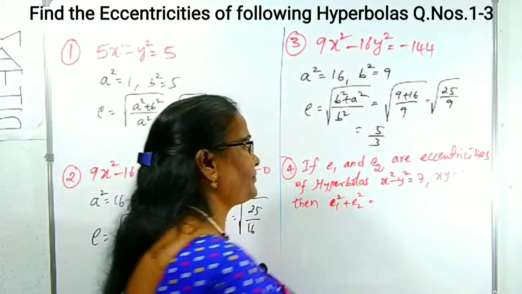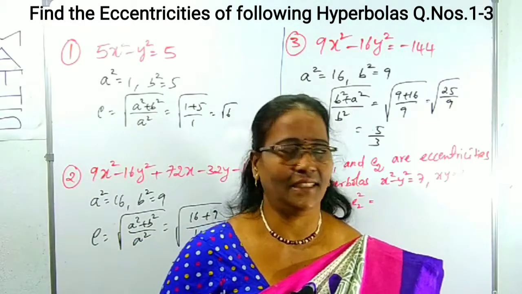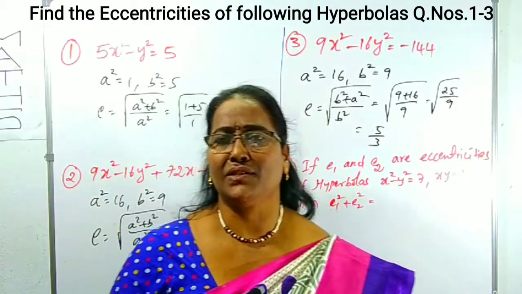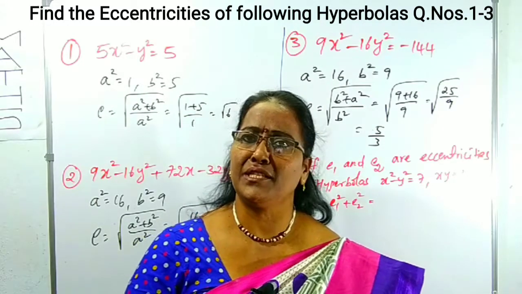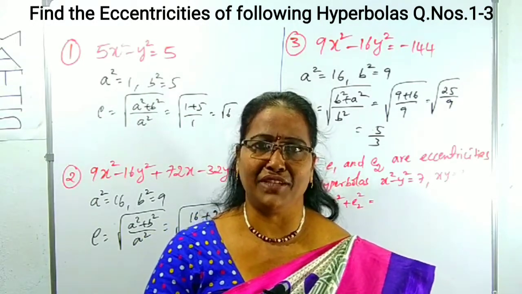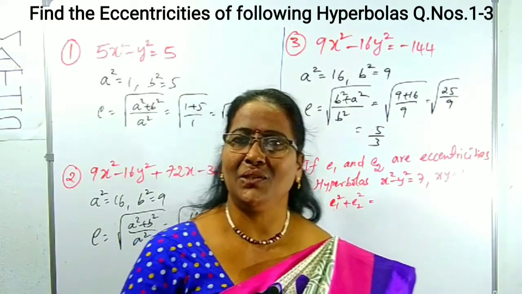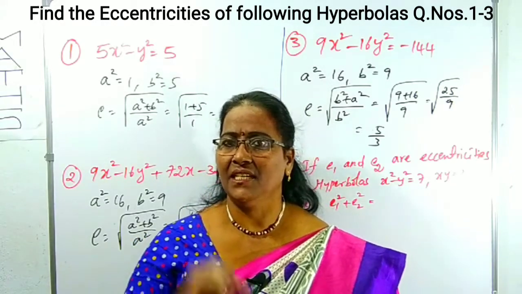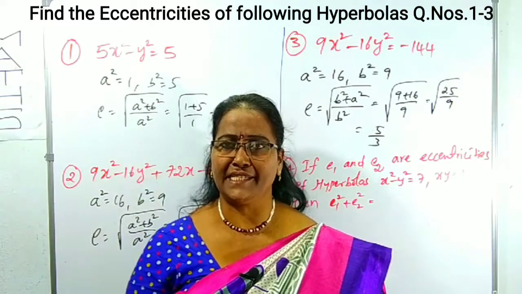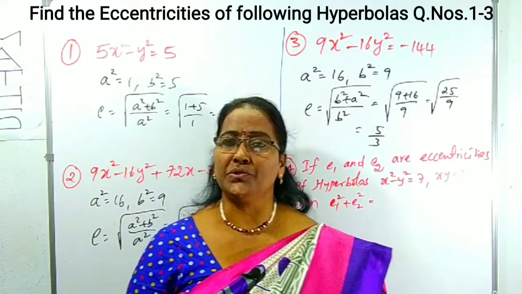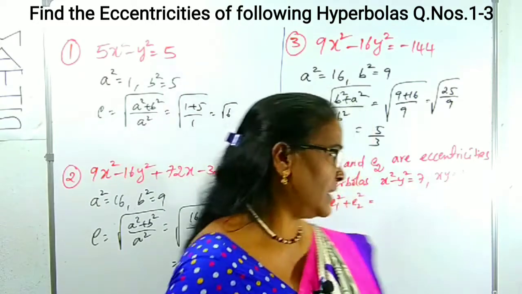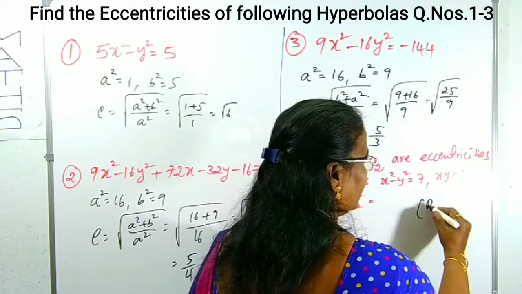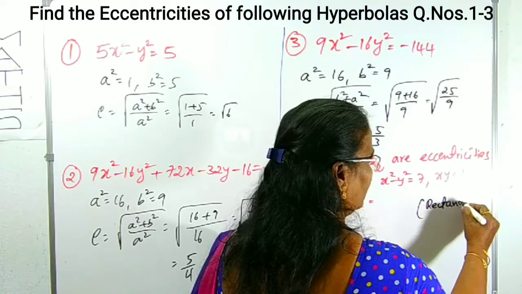That's it. Clear? Now some other results also will help, not only equations, to find out the eccentricity. By using that content also we can find out eccentricity. I told you what the types of hyperbolas are: transverse hyperbola and conjugate hyperbola. Not only those two, one more is there, that is called a rectangular hyperbola.